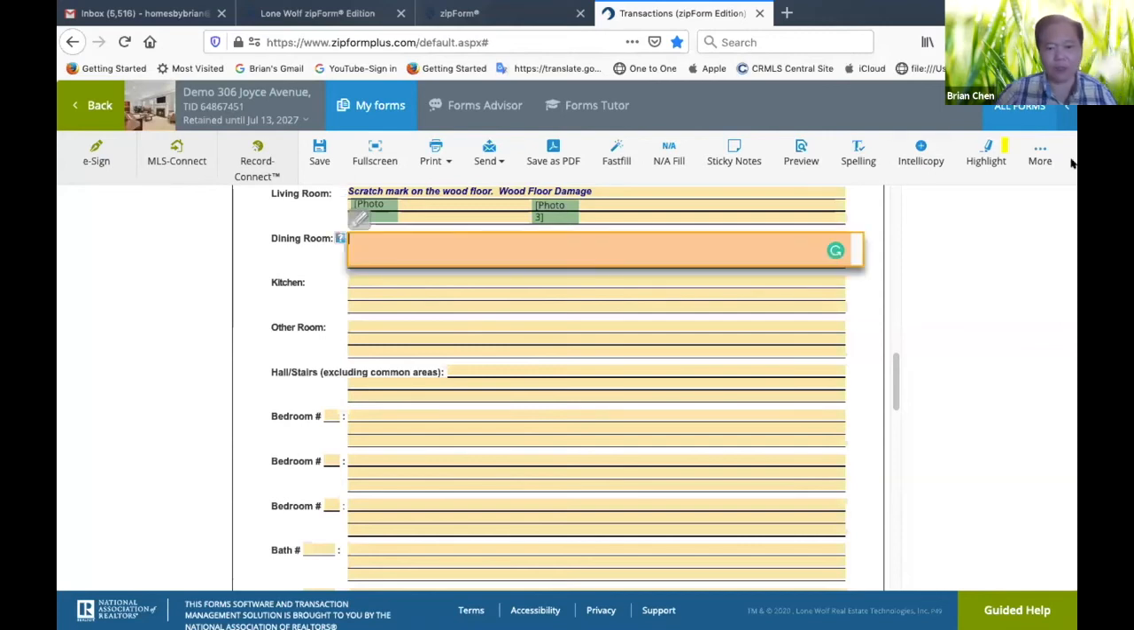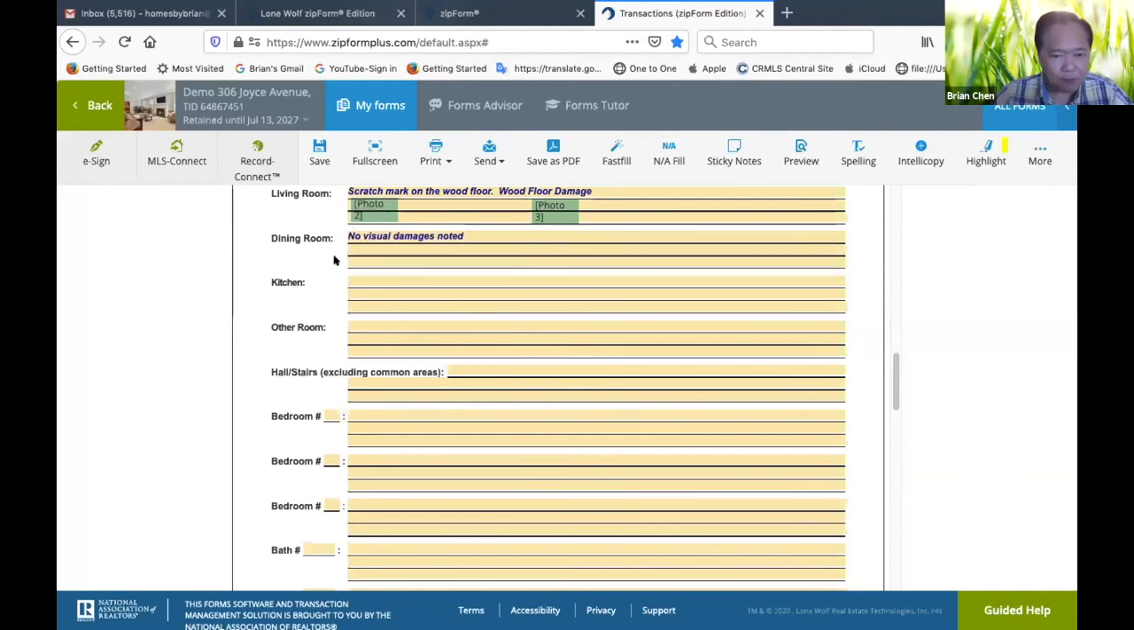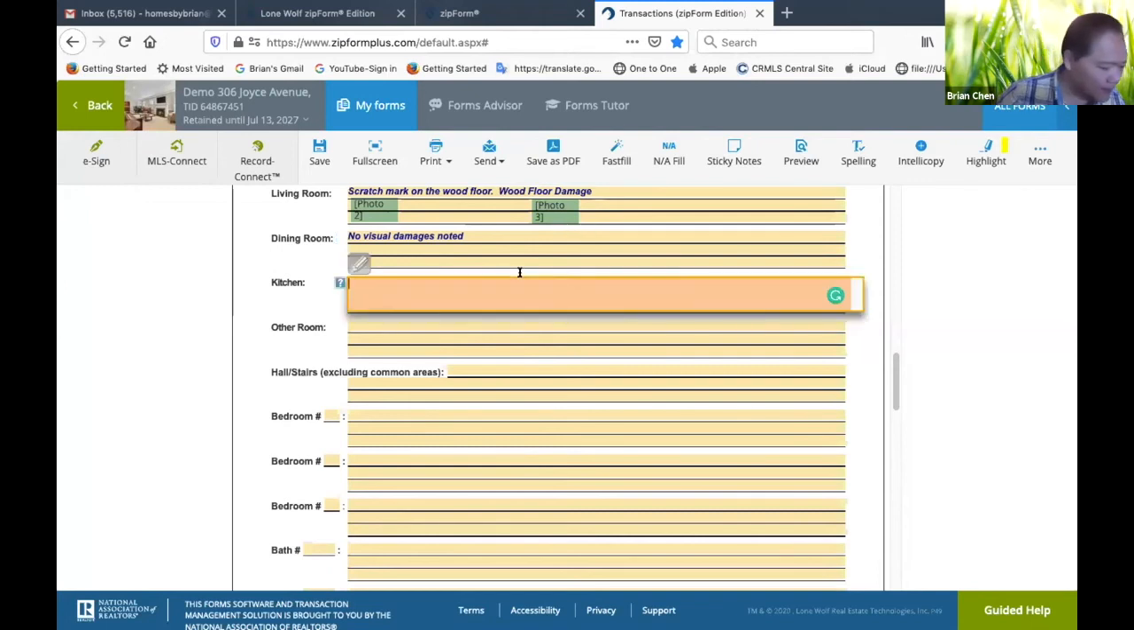Nothing in the dining room. One principle: if you don't see anything wrong in the dining room, don't leave it blank. It says, write something. No visual damage noted. And in the kitchen, I have two things in the kitchen. I have a cracked floor tile, and